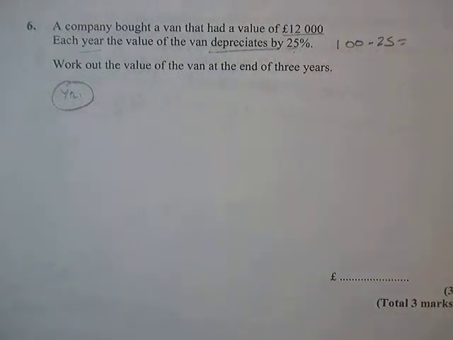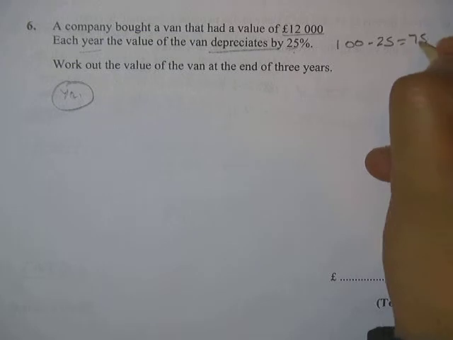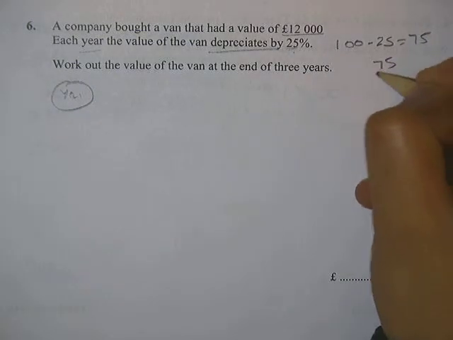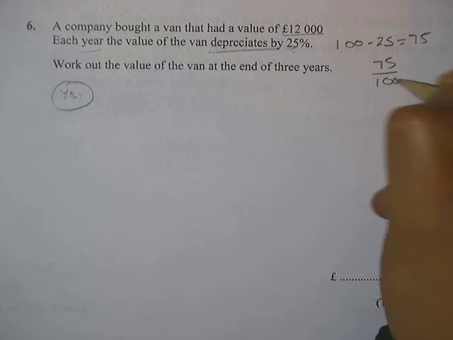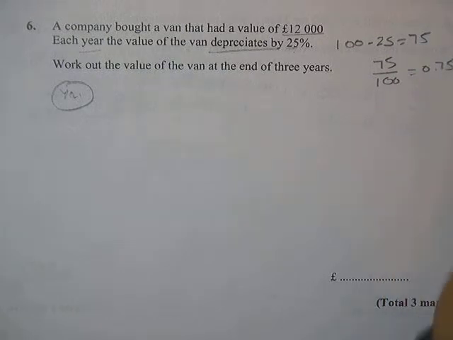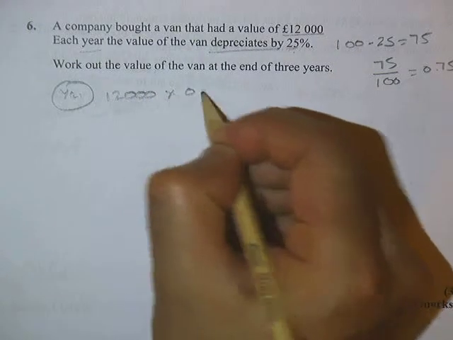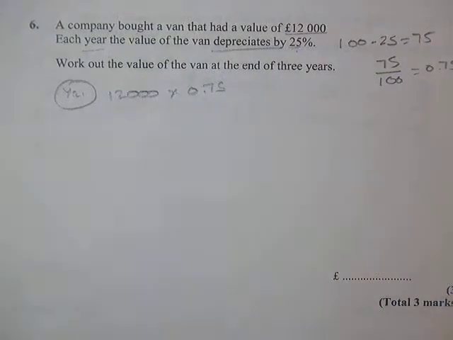Do it on the calculator again, key it in, you get 75. So we've got an answer 75. You take that value, 75, you divide it by 100, and you'll get your multiplier of 0.75. Now I'll explain what that is in a minute. So what we do is 12,000 times 0.75. Now this multiplier of